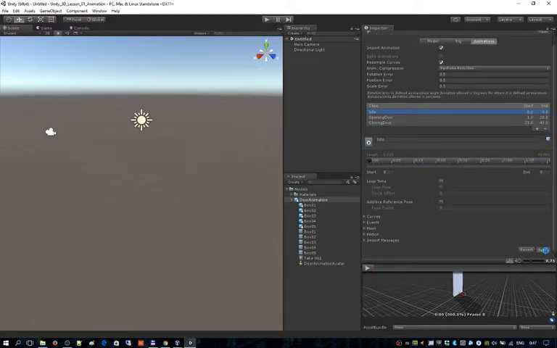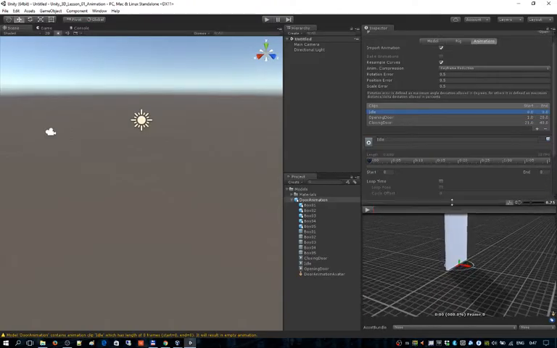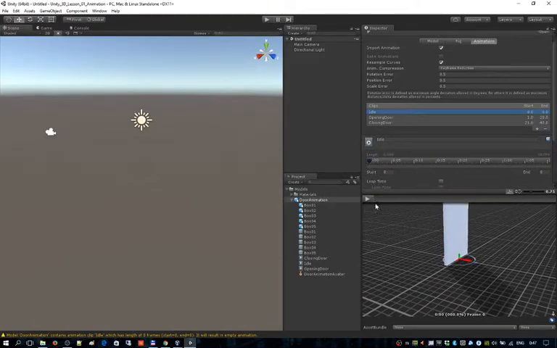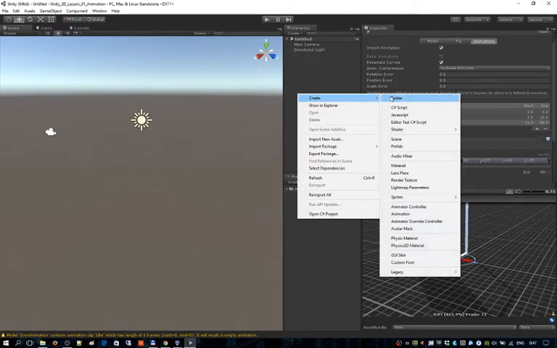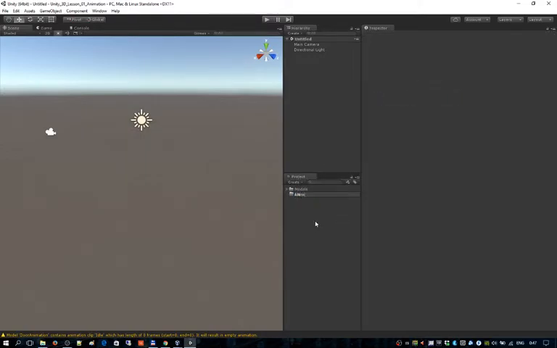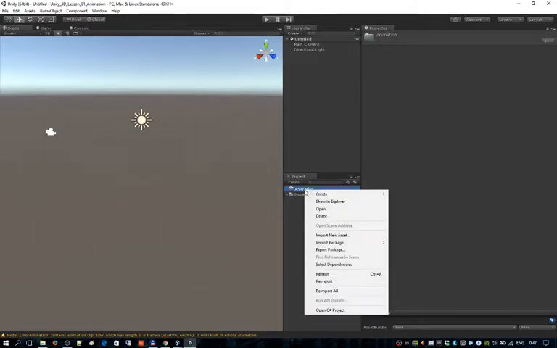Scroll down, hit apply. Let's see in the preview window how it works. Idle state, okay, opening door, okay, and closing door. Okay, so now we need another folder. Let's name it animation. Okay, let's create some